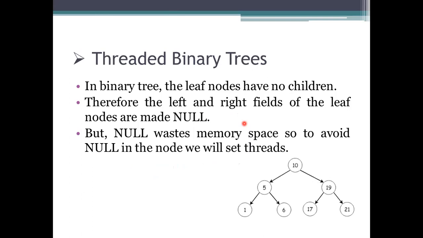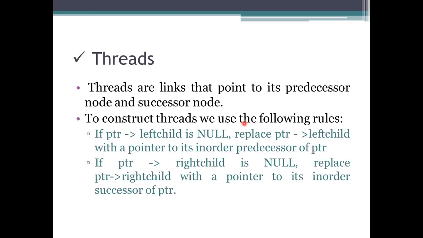For these 3 leaf nodes, we are representing that they are not having any elements here. We need to check whether it is having children or not, that is, null or not. Then we need to specify that they have no children, that is, they are the leaf nodes here. So this null representation has been wasting memory space. To overcome that, we are representing the threaded binary tree. So what is the thread here? We consider the links which are pointing to its predecessor or the successor node. That's all.